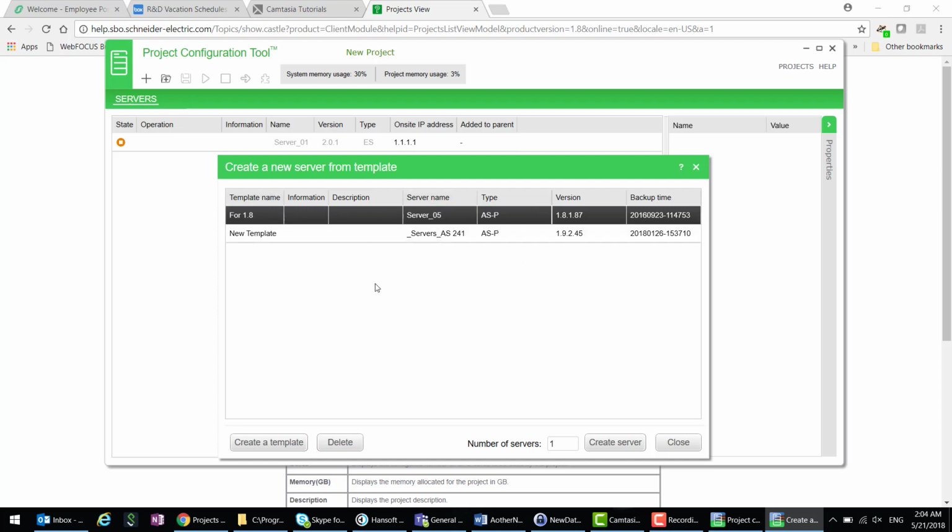Similarly, since that process is used within this creation from a template, your template cannot have a BACnet interface associated with it. And if you try to create a bunch of servers with a backup file that has a BACnet interface, the creation will fail and you'll get an error message that says that the template with BACnet interface is not supported. So having said that, we're going to use this 1.8 template name. I'm going to create 5 different servers,